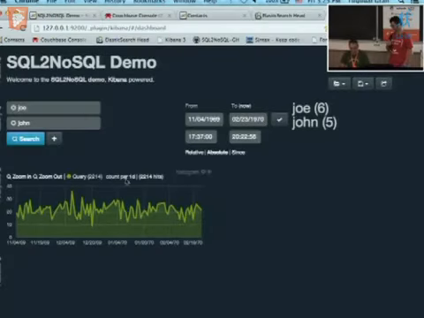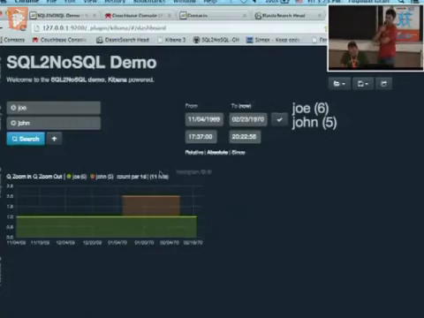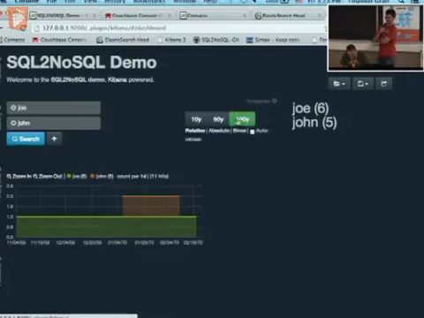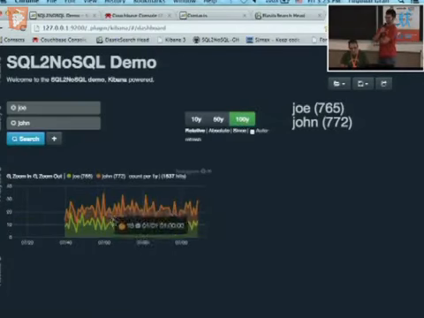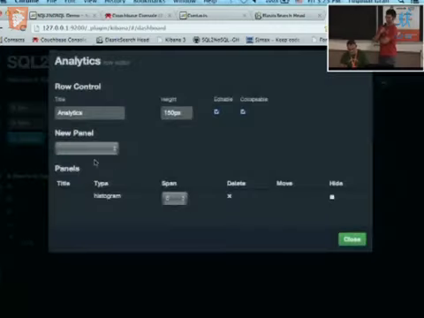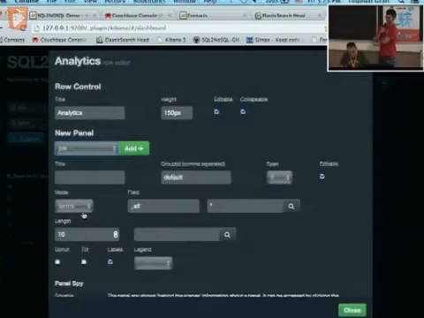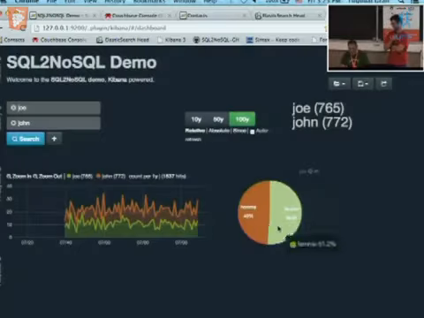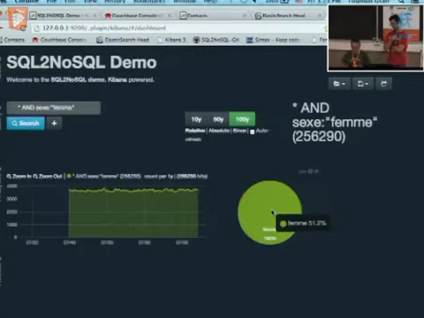Okay. So here is the distribution of values here. With Joe and John, it's working also. Let me show you. Yeah, this is the distribution of Joe and John per year. Okay. So you want girls, so I can use a pie chart for that. My field name, in French, is sex. That's it. I have to add it. So this is the distribution between male and female. So you are interested in female? That's it? Okay, so we can find this information.